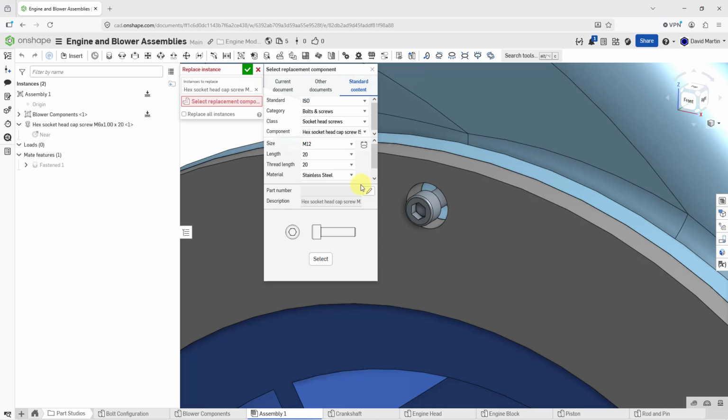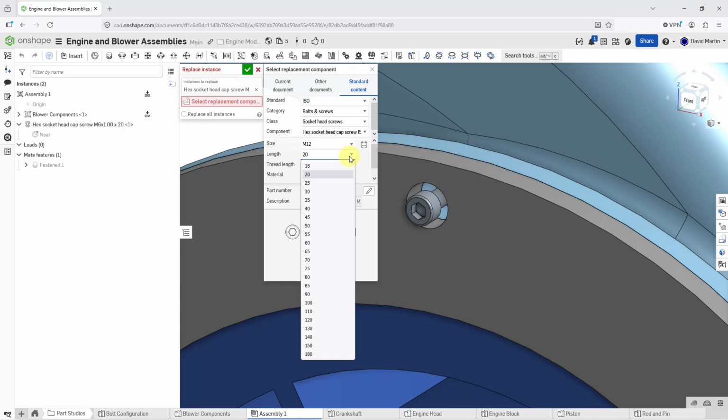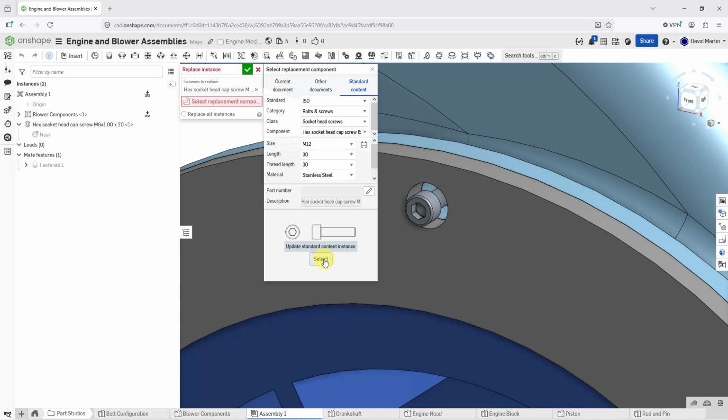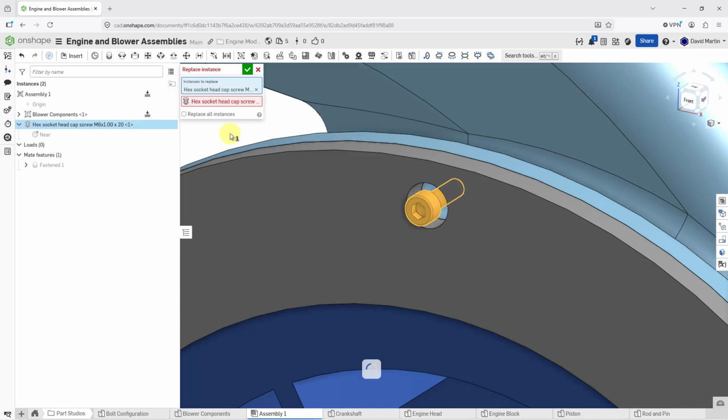I know that the total length needs to be longer than 20 because that's the distance between opposing surfaces in the assembly. Let me go with 30. And so everything looks good in this form. I will choose the select button, and now it does some thinking and it replaces it with the other instance